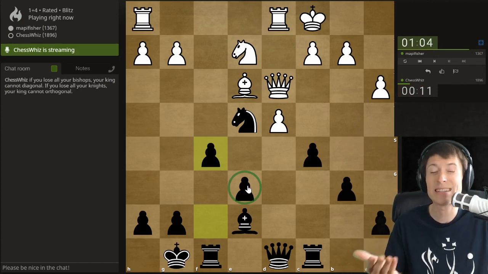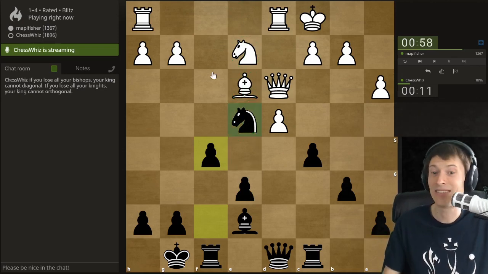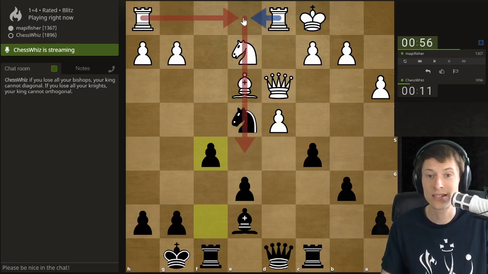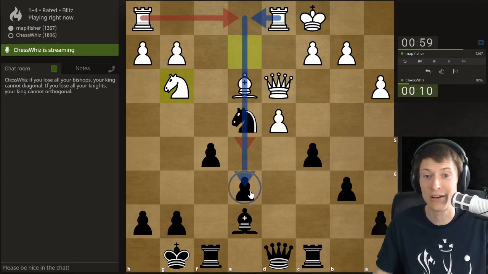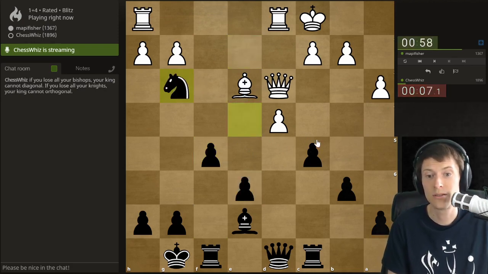Now you know that. But when it's on an open file like this, and by open I mean no white pawns on it, it's particularly rough because he could double up his rooks like this and just stop it from moving ever and then attack it like crazy. It could get brutal. See what he's trying to do? Neither do I. So let's just lose my last knight.